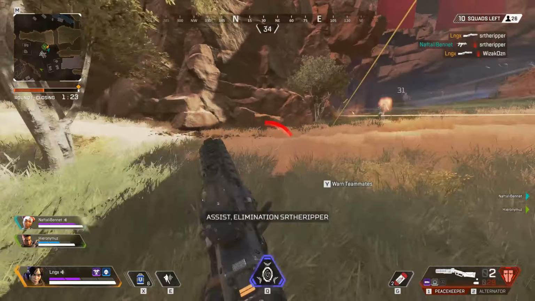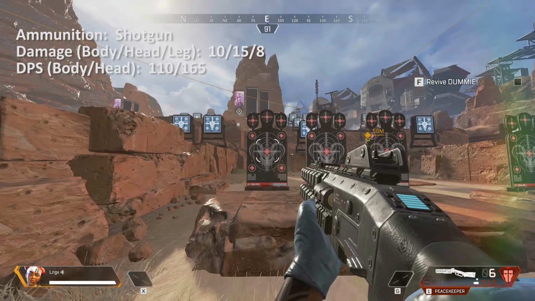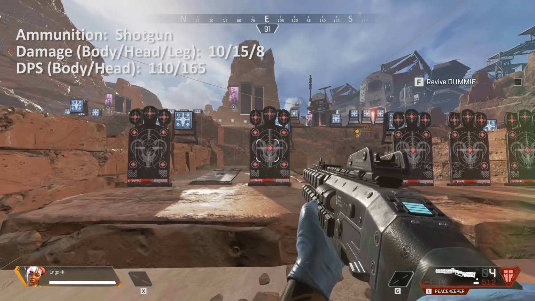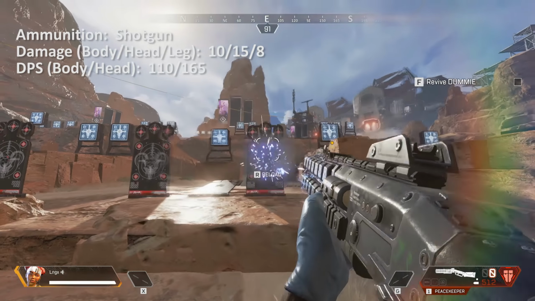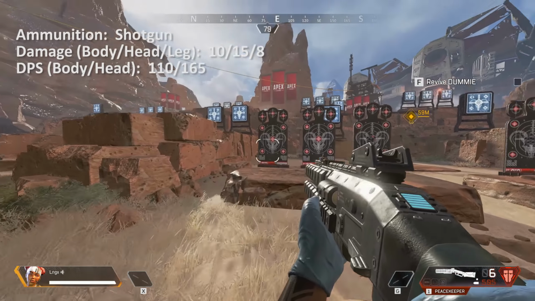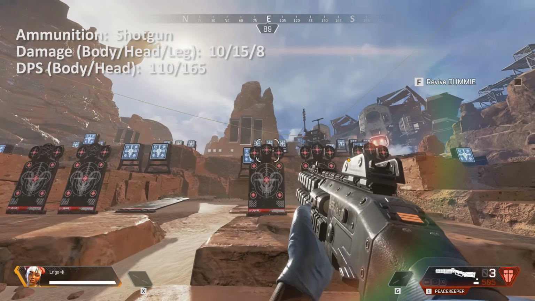Fortunately, due to the nature of shotgun ammunition being easily found around the map, you are unlikely to run out of ammo, which can be an issue with some of the other guns. The Peacekeeper shoots 11 pellets, each doing 10 damage to the body. Taking into account reloading between shots, this gives the Peacekeeper a maximum damage per second time, or DPS, of 110 to the body. The Peacekeeper has a 1.5 times multiplier to the head, which can increase the maximum DPS to